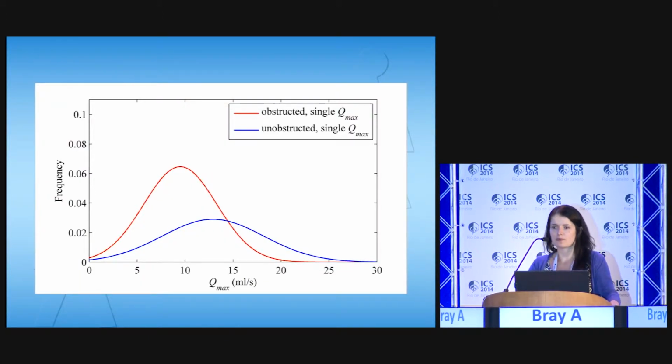If you take a group of men with lower urinary tract symptoms and measure Qmax, you typically get distributions like this, where around 60% of the men are obstructed on urodynamics and have a maximum flow rate of around 9 milliliters per second on average, shown in red. And the remaining 40% of men who aren't obstructed have a maximum flow rate of around 13 milliliters per second, shown in blue. And the overlap between these distributions is the reason why you can't use Qmax alone to diagnose